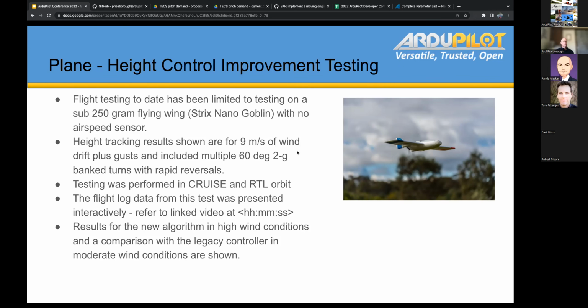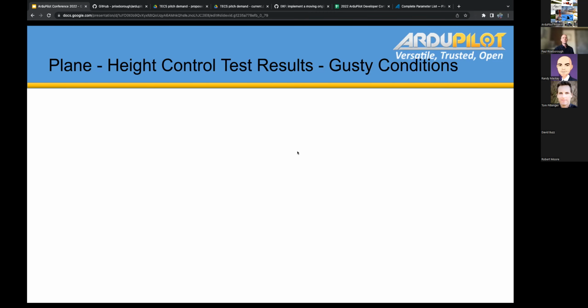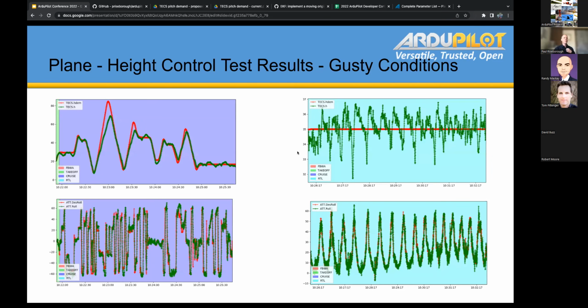And I was pulling 60-degree bank turns with rapid reversals, in cruise mode, with full stick up and full stick down, and getting some really nice performance. So here, for example, we can see the